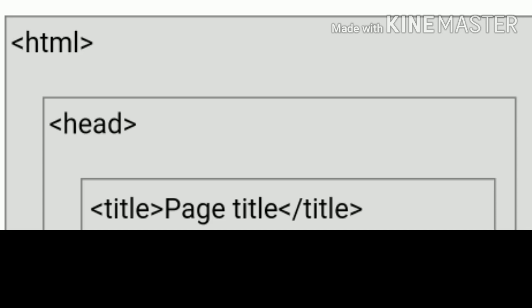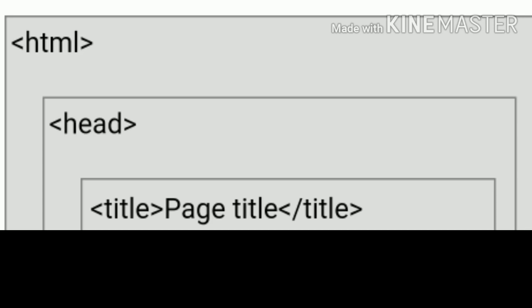Next, after the head tag you have the body tag. The whole body is one other tag. That is the body tag. You have the opening body tag and the closing body tag. In between the opening and closing body tags you have different tags that we have discussed: h1, h2, h3. Similarly heading tags, paragraph tags, image tags, any tags you want to display, and you can write code in these tags.